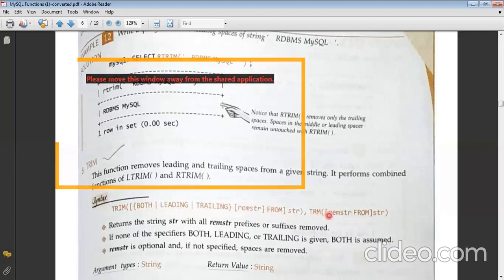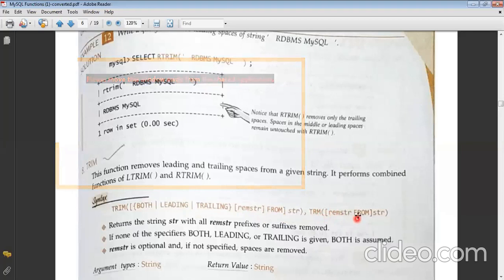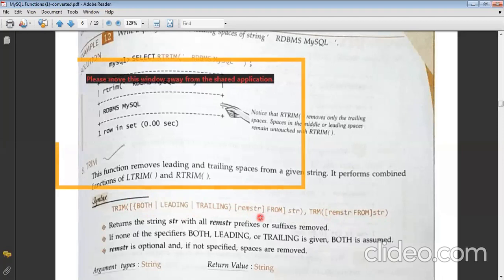One more way to use trim is you can write TRIM, and you can just specify which particular string you want to trim. But here trailing, leading, nothing has been specified. So you can use this syntax most probably for most things. If it is specifically written that you have to remove a special character, and that too in leading or trailing spaces, then you can always use this way.